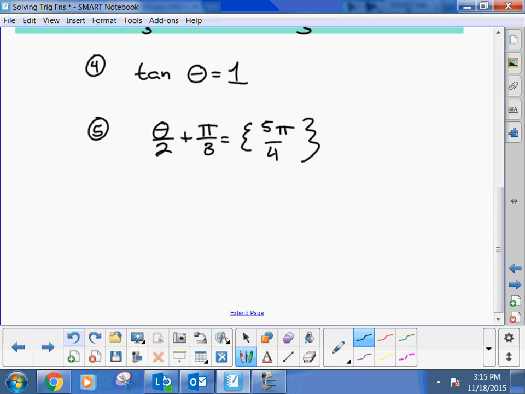This one will require for us to do step 6. Step 6 will be solving for theta. I'll deal with that since we're running out of time. We'll do that tomorrow. Step 6 on this, and then one other